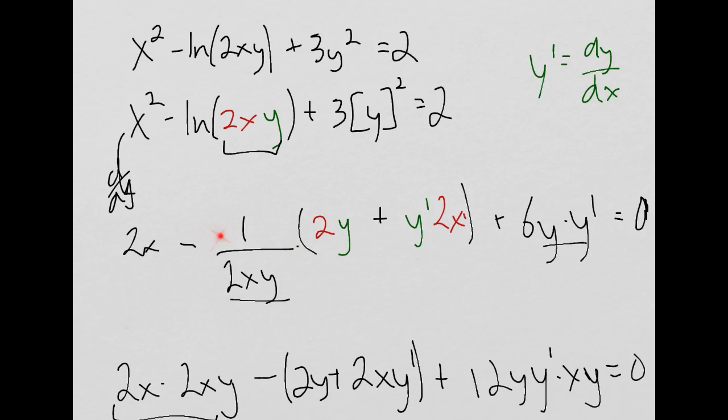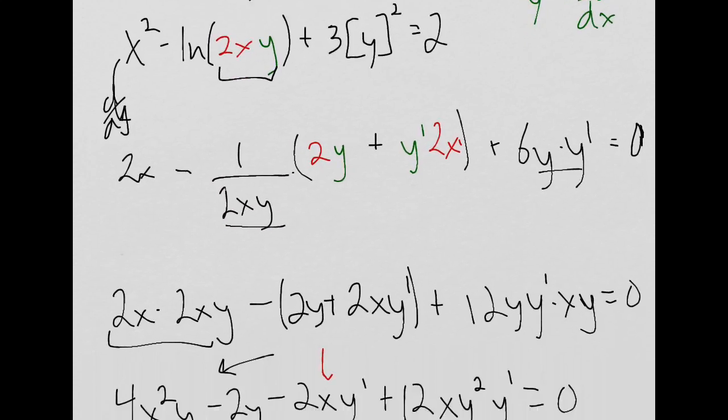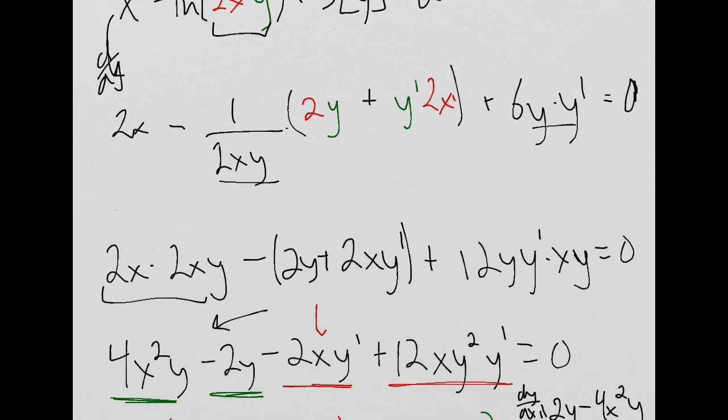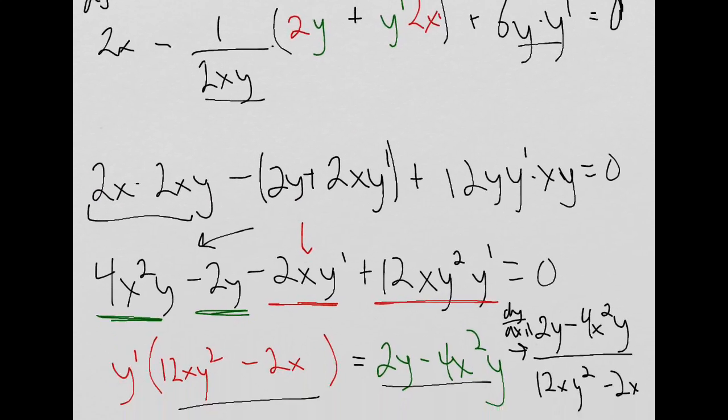This part right here doesn't show up often, but if it does, I want to have a line that doesn't have any fractions in it. So if I get some kind of fraction, even if it's a coefficient, say I had 3/2 out front, or this was 2/3 right here instead of just 2, I'd multiply by 3 everywhere to get rid of that fraction. So anyway, I get to this line, I rewrite that line,